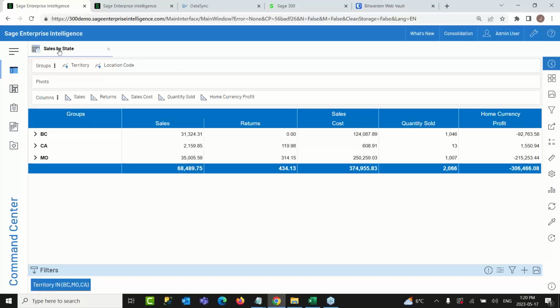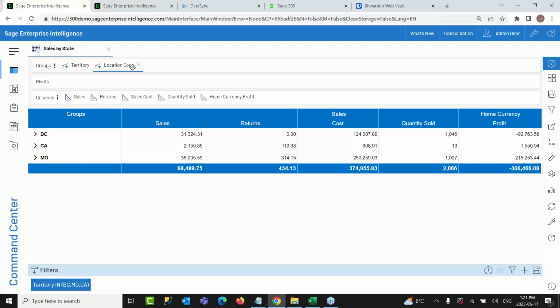So here in this report, we have the sales by state, where we have groups, pivots, and columns. And just to understand how these reports actually work, they're all based on these 3 shelves here on the top, and the fields that we enter right here would decide what we see in these reports. And it's very easy to